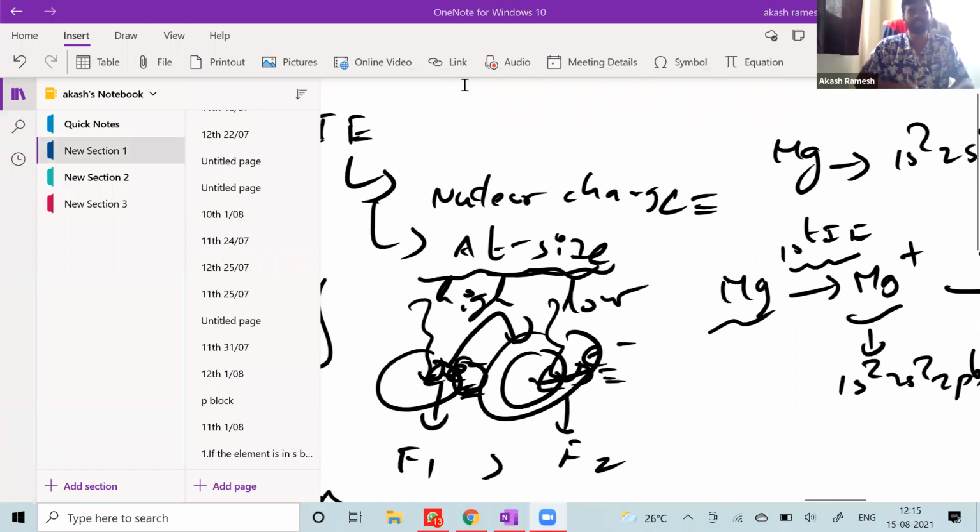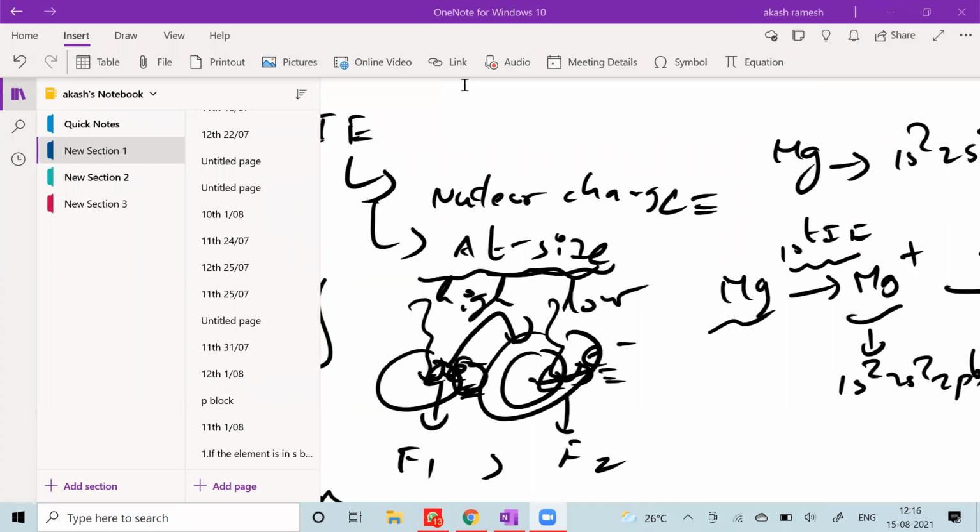Okay, second ionization energy will be greater. Madhumita also says the same thing. Harshita says the same thing. Okay, I think second will be greater as nuclear charge of Mg plus is greater than Mg. Raghav also says second. Okay, others? Anybody wants to contribute? Anybody wants to disagree or agree with them?